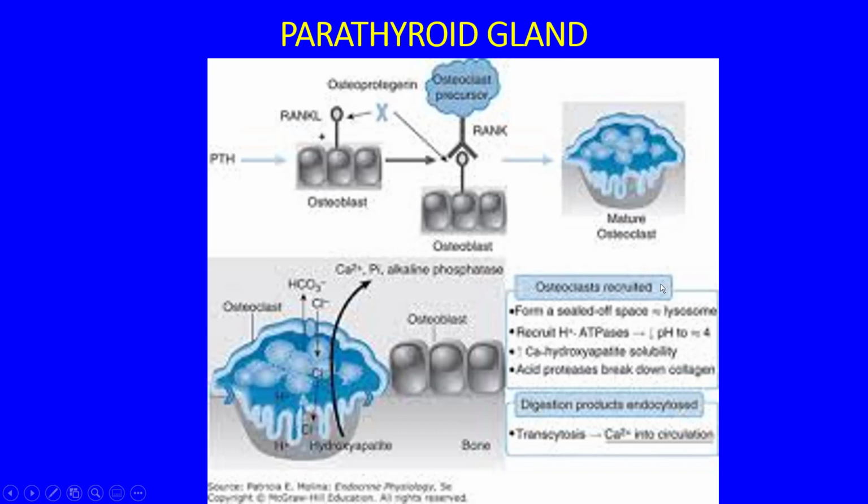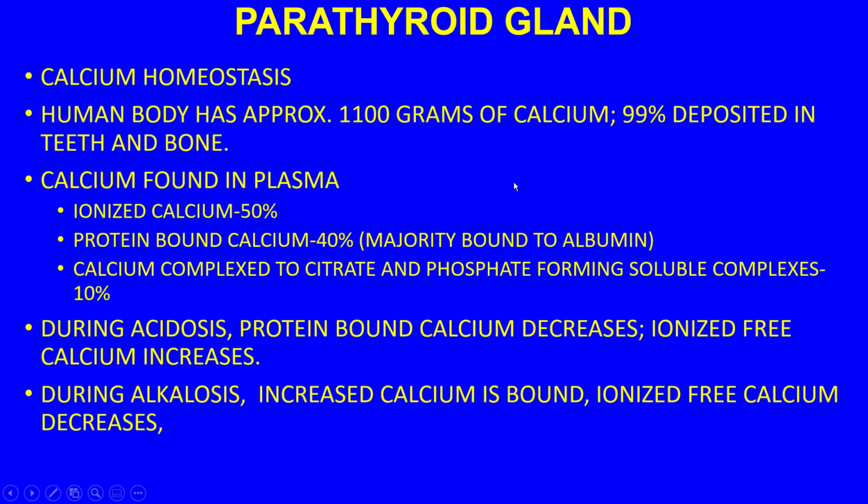The osteoclasts are going to basically have released lysosomes. They're going to recruit hydrogen ions so that the pH is appropriately dropped lower. You're going to have the solubility of calcium hydroxyapatite, and you're going to have the acid proteases break down the collagen. Now, when we talk about calcium homeostasis, we have to think about this from the perspective of